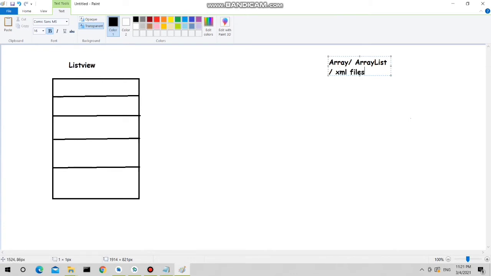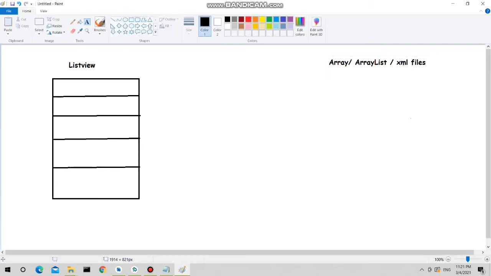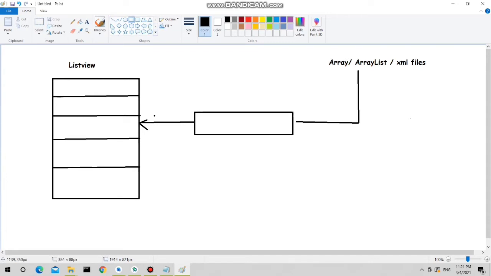So there are multiple ways by which you can store these items, and we are going to set these items from this item source to this list view with the help of the adapter concept.